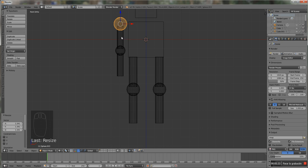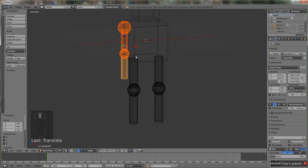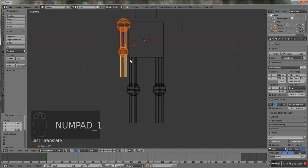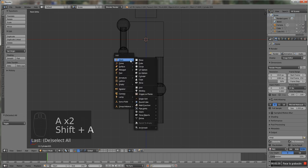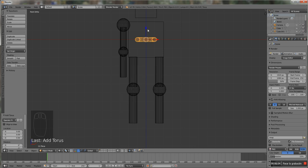So by holding Shift I select the whole arm, press G, and put it close to the body. Now I'm going to add, so to say, the claw of the robot, which is going to be half a torus. In order to insert a torus, again Shift A, and we search for Torus. Here it's the torus. I'm going to move it with G and I'm going to rotate it around the